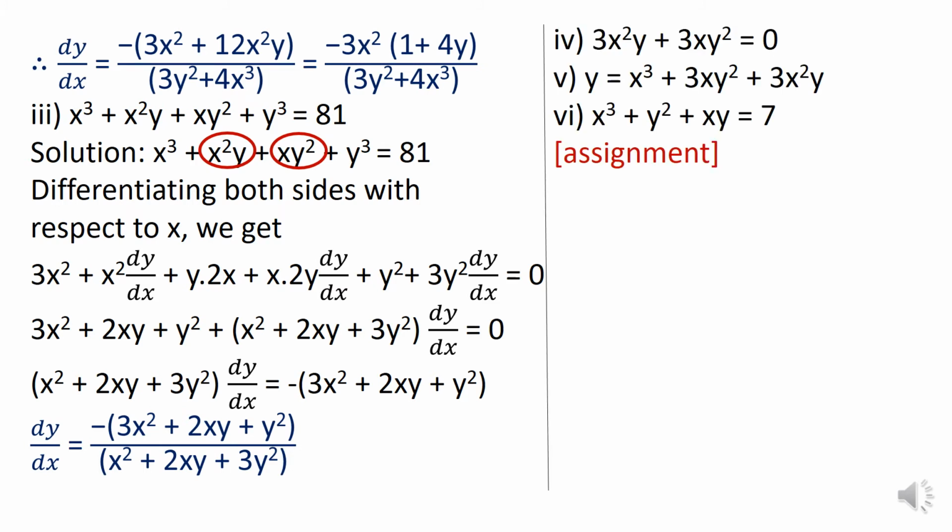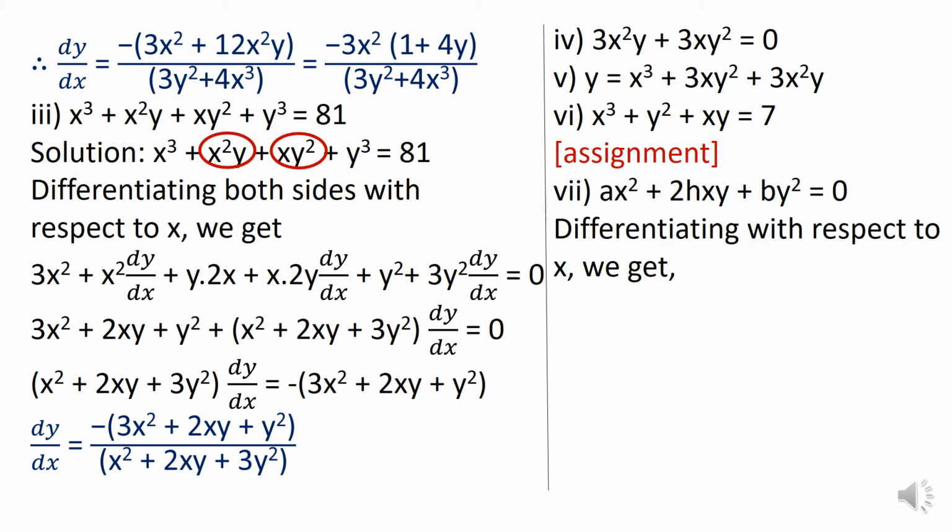Now, these three sums are similar to the previous sum. You can try them out as assignment. In the next sum, ax square plus 2hxy plus by square is equal to 0. This is one of the MCQs which are given in your miscellaneous exercise in the textbook. So, solving it, that is differentiating, we get